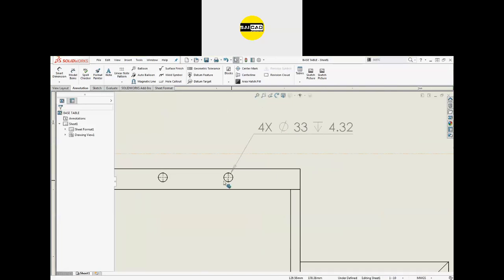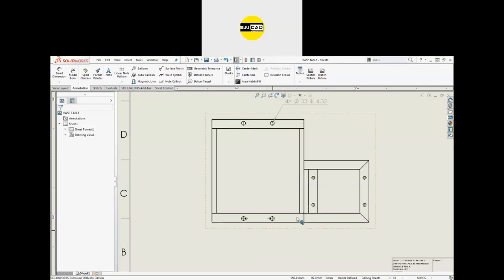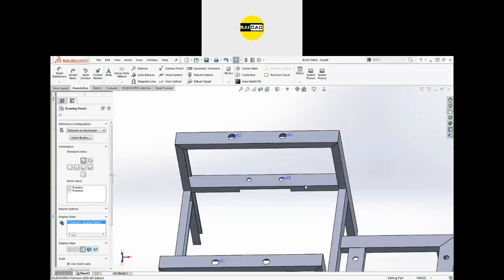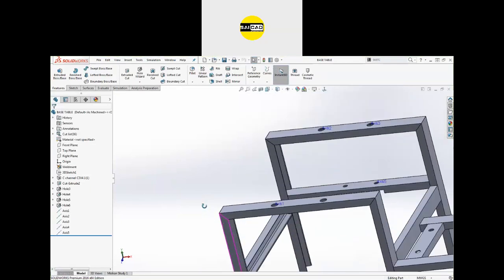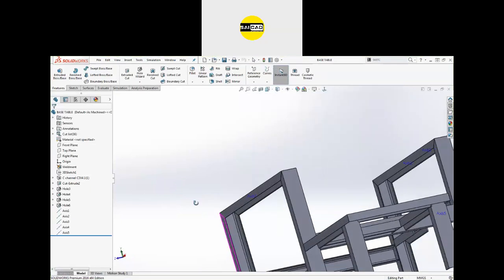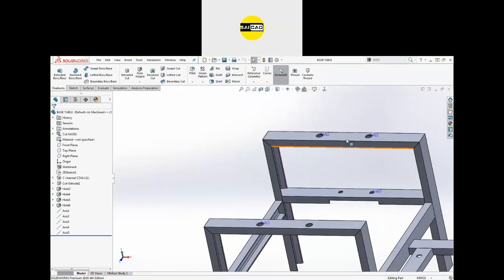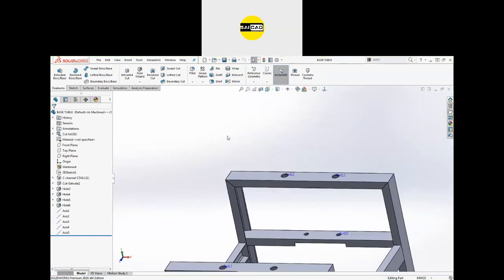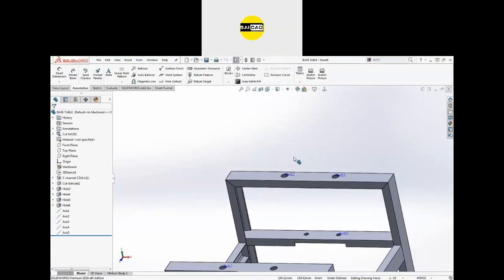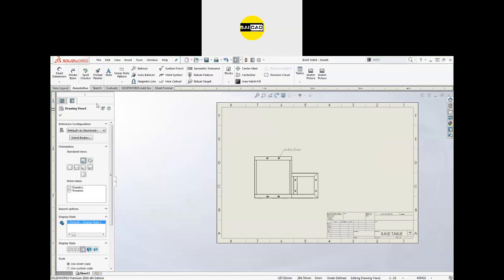If the hole is threaded, you will get the callout according to that. Suppose I'm going to add a threaded hole inside here, but this object has a very thin feature, so I'll open a new file.